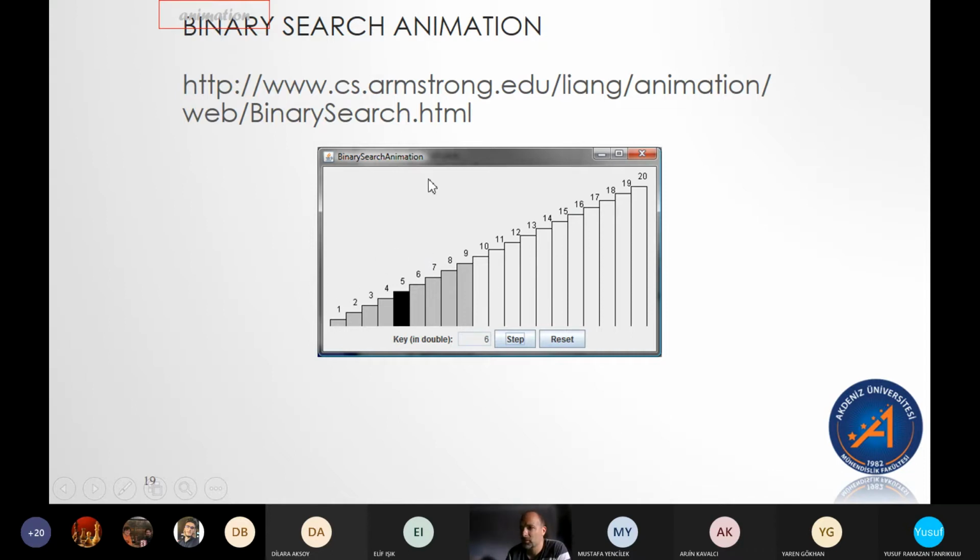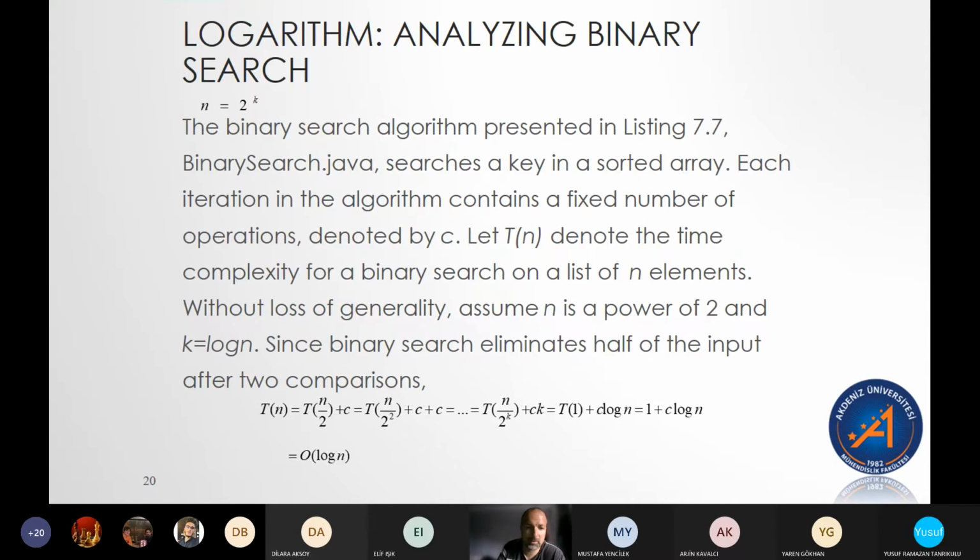And we're going to do this again. We'll start in the middle. It's not 5. It's greater than 5. We don't need to look through any of these. We only need to look through this set of values over here. Now, binary search runs in what we call logarithmic time. What that means is that because we don't have to search every value in the array or in the collection in order to find our value,